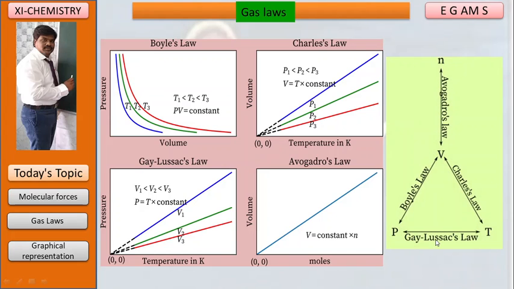See here, I have given one flow chart; the entire three days' topic comes in only this slide. The first one, Boyle's law, explains the relation between P and V. See here, this is the P and this is the V. Now, Gay-Lussac's law explains the relation between pressure and temperature. Avogadro's law explains the relation between volume and number of moles. So this is about the gas laws, and tomorrow we are going to learn